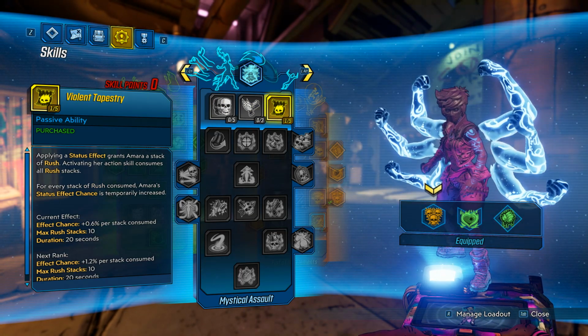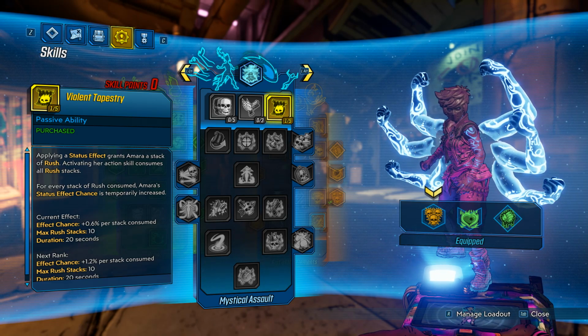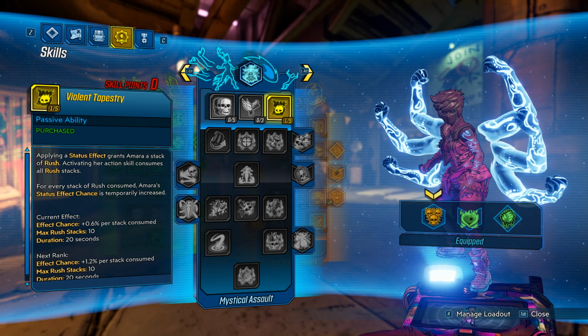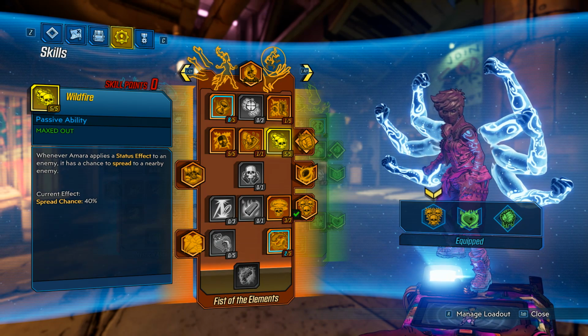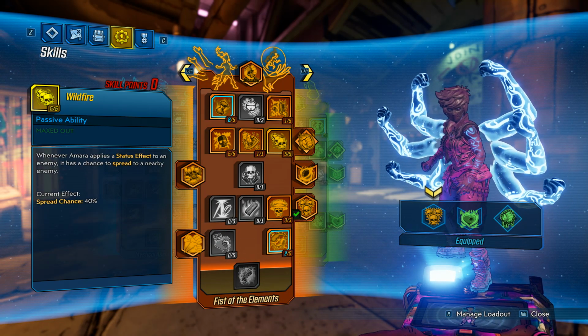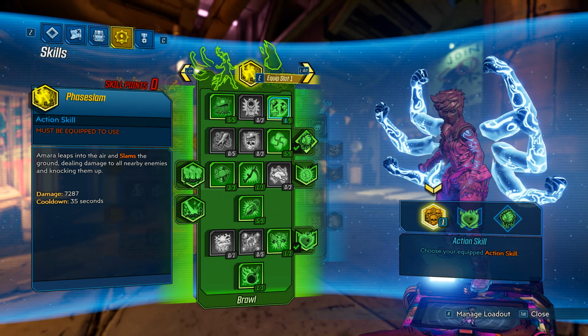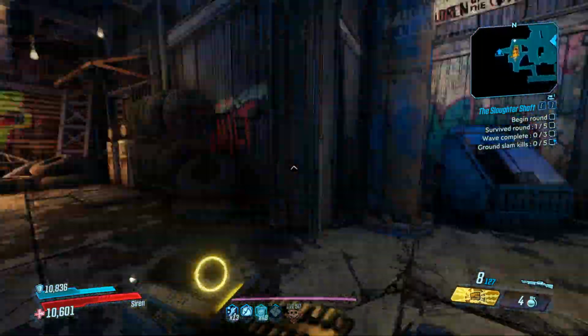But anytime we apply a status effect, we grant a stack of this. So even if we're not spamming Grasp to constantly get up those stacks, we're still getting those stacks just from applying effects. We're spreading effects around to apply more effects to other targets. So overall, a lot of these talents are just working together and pretty much just applying status effects everywhere, doing